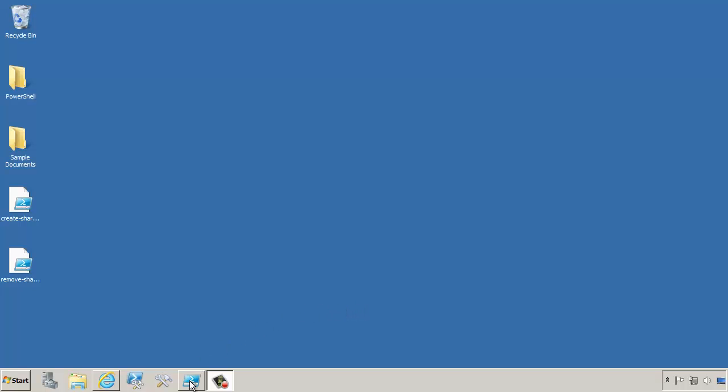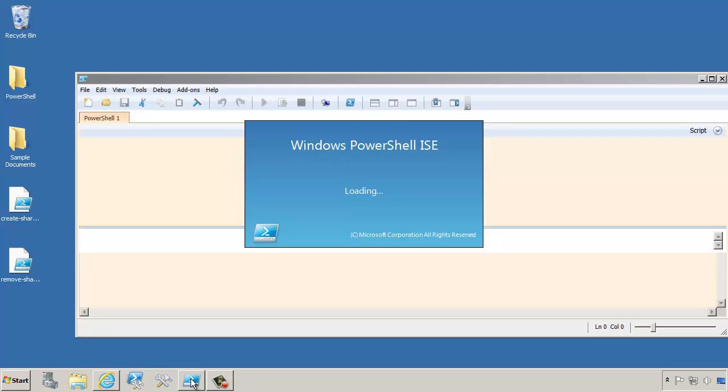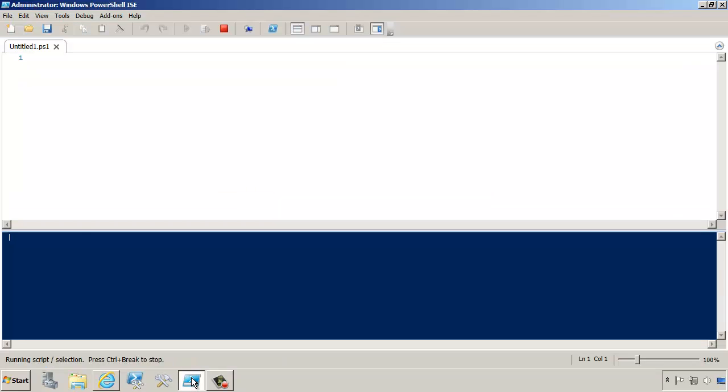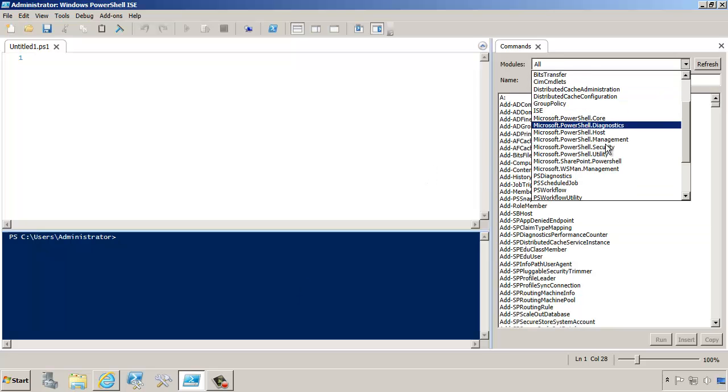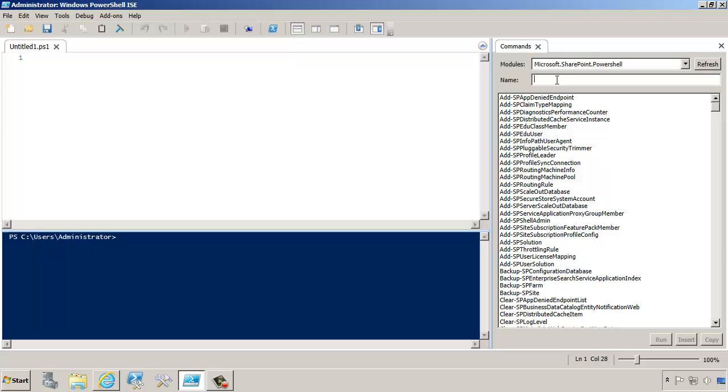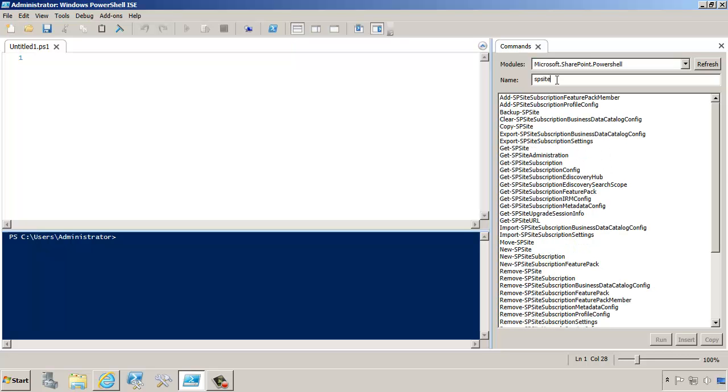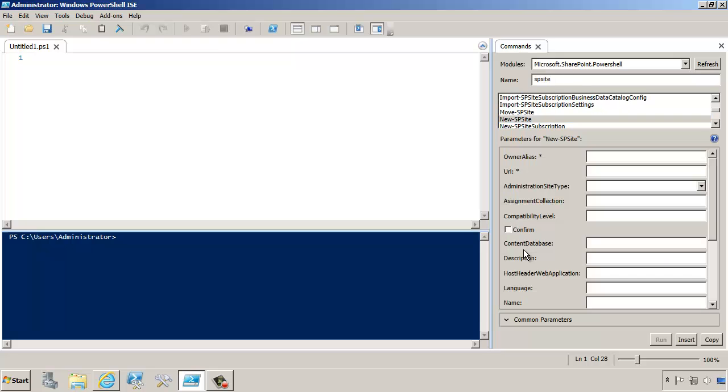Let's start by opening up PowerShell ISE. Once everything loads, we can select Microsoft SharePoint PowerShell module and look for SP-Site. And you'll notice there's a lot of commands that deal with SP-Site, but initially we're just interested in this New-SPSite command. The required parameters are owner alias, which happens to be the site collection administrator. So we'll input that in. And the URL is where this new site collection is going to go. So for example, ABC University, departments, visual